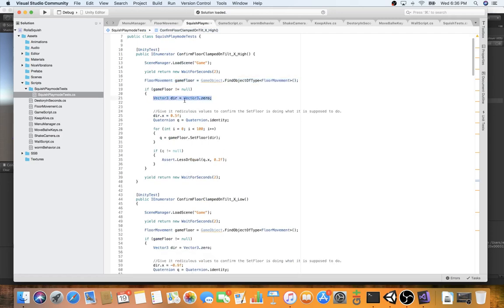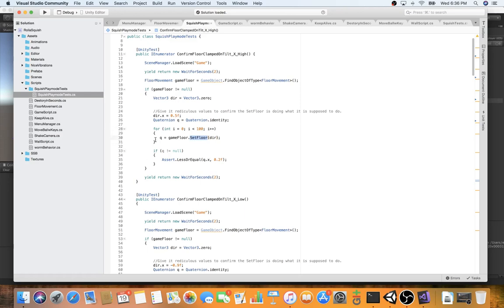Typically, this is where the accelerometer data would go, and I'm pushing a high acceleration, like 0.5. That's an excessive amount of acceleration. You're probably going to throw your phone on the floor to get that. And then I set up my quaternion, and then I'm going to push this 100 times. So I'm accelerating faster than I should be in 100 iterations, and I'm sending that to my set floor method,